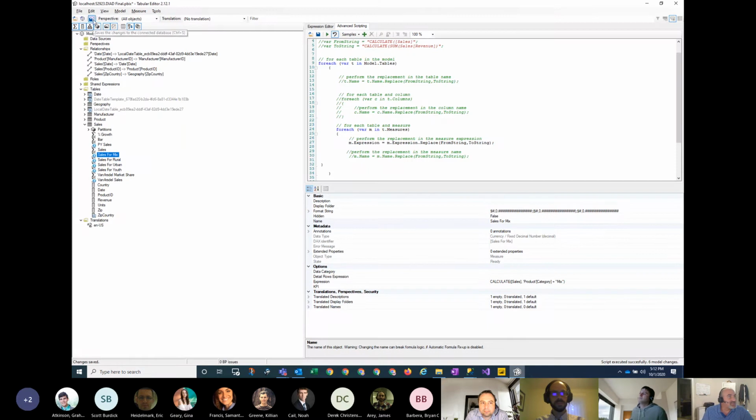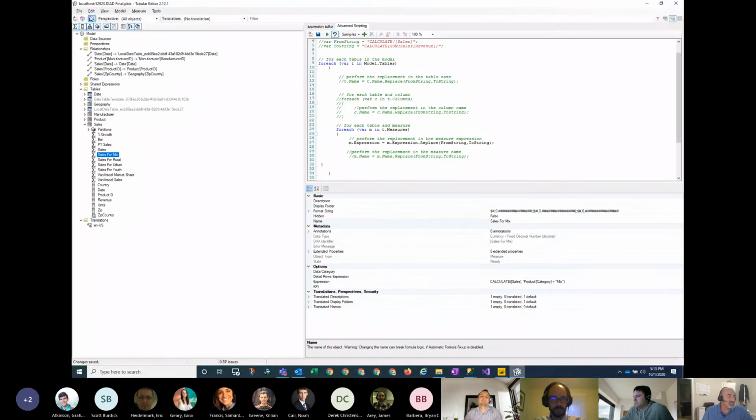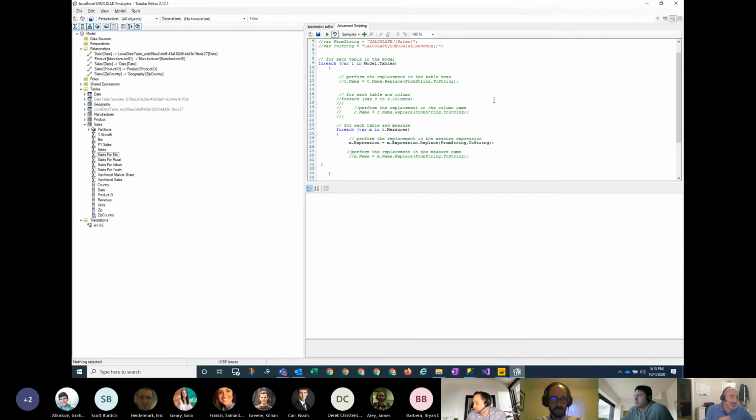But what I can do is there's this little save. You'll see it's like a disk to save, but it's also a little box basically saying save it to the connected database. So as soon as I do that, it writes that back. And if I come here, I do get my one little working on it, but at least it's a fast one and it's its own thing. And look, boom, this sales popped in. So I'm affecting a bunch of changes here at once, and then I'm saving them back all in one go. And I'm sorry, I'm going a little bit fast, but this is the kind of stuff you can do here.